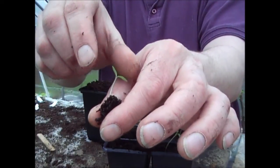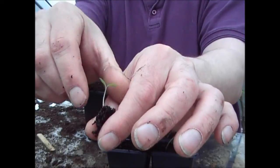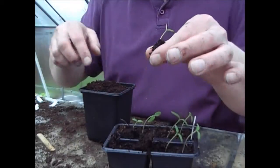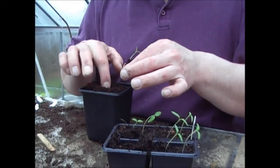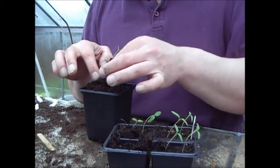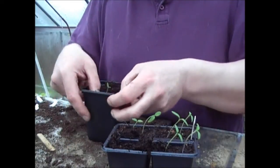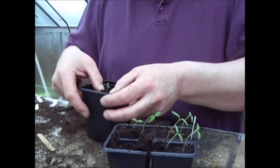If you need to, you can potentially put the two leaves together like that and pull it out that way, but you're going to potentially damage the roots. So I've just made a hole in there that's the same size as the clump of compost I've got there, and then just push your fingers round the edge to